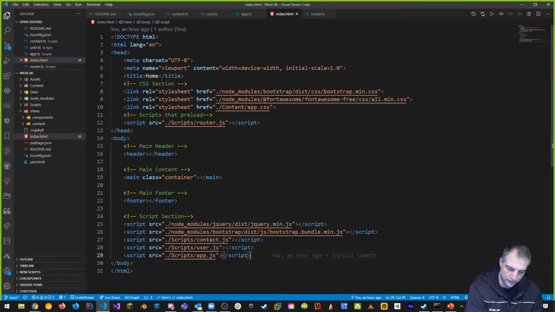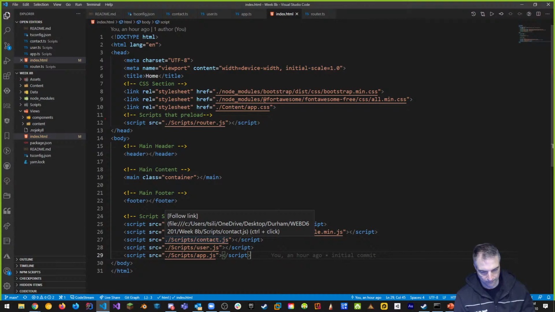But typically we put this stuff at the bottom, okay? But anything we can do to top load our JavaScript up here so it happens right away is a good thing, right? Why? Because it's part of the buffer before the page loads.